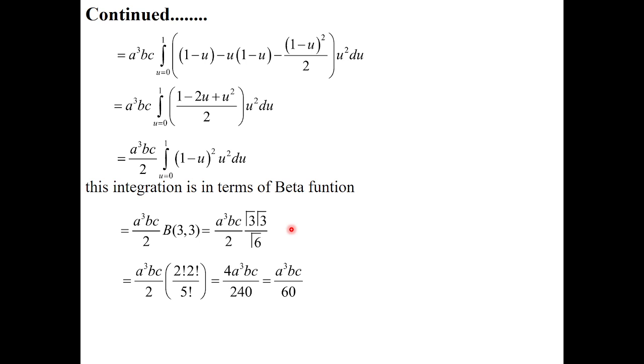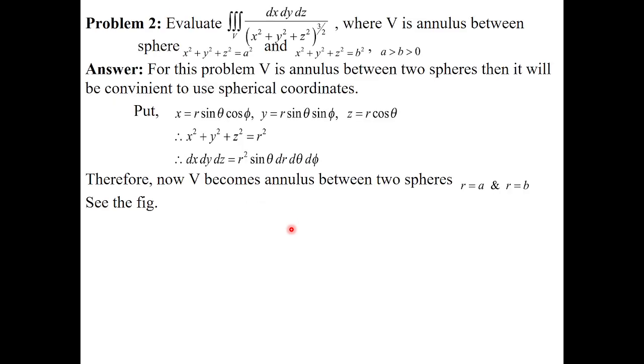Okay, now let us go for this next one. अब यहाँ पे अगर आप चेक कर रहे हो, v it is the annulus between the sphere. This is the part which is lying between two spheres. First it is with the center 0 0 0 radius a. Second with the center 0 0 0 radius b. Here a is greater than b. a का value बड़ा है b से.